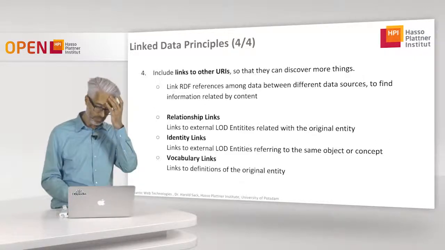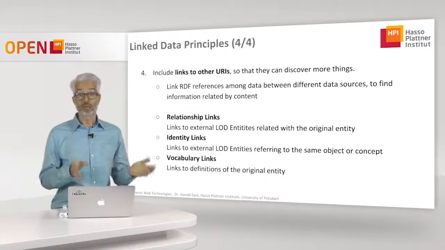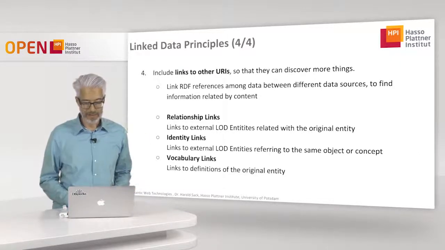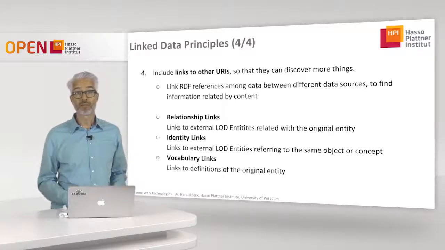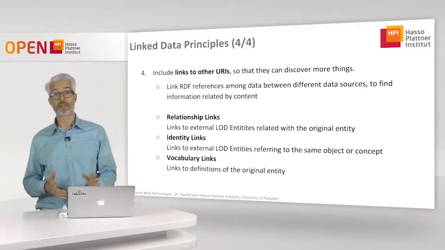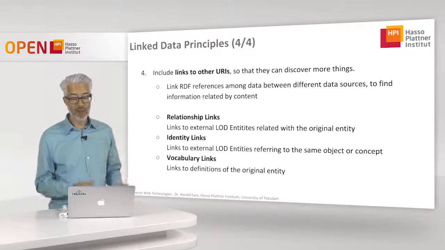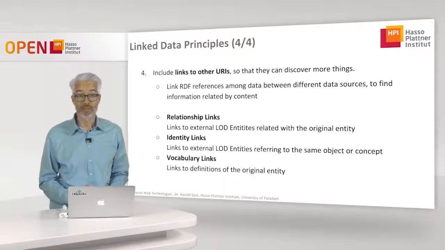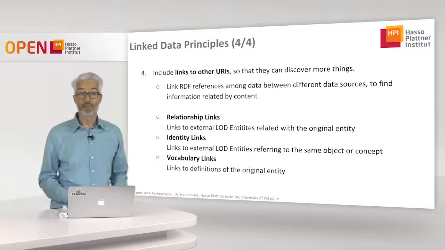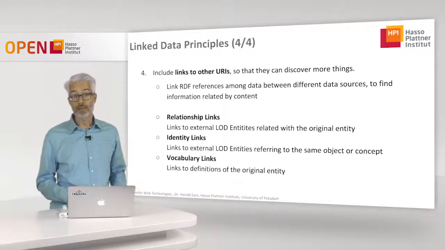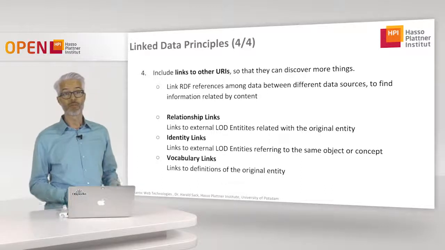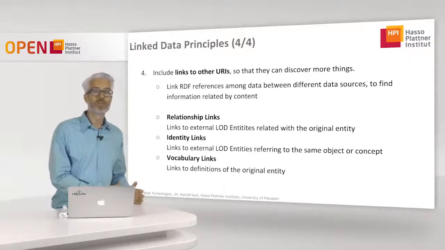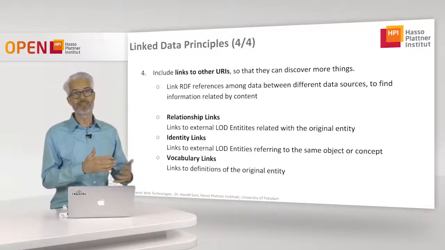Okay, and number 4, we also know that whenever we put data on the web, we should somehow interlink this data. Then the user has the possibility to discover new, interesting things that are somehow related between my data and other data sources. So for producing these links, you have several types of links. There are, for example, so-called relationship links, which simply relate one URI to another URI, which relates these 2 entities